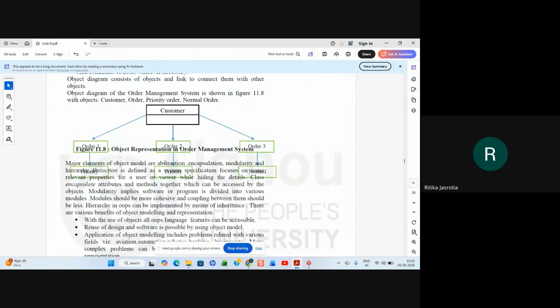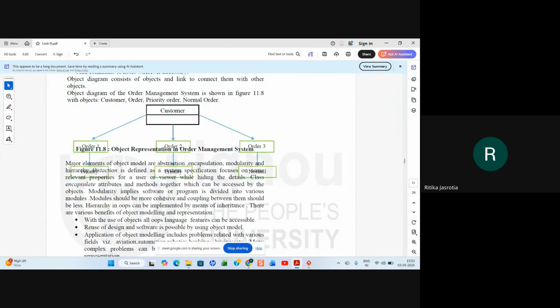So abstraction is the property that you are hiding the details from the user, and encapsulation is that the class is an example of encapsulation where you are putting the attributes and methods together in a class, right, which can be accessed by the object. Modularity is that you are dividing the software into modules, and modules should be cohesive, and coupling between them should be less, right? That cohesion should be more, and coupling should be less.